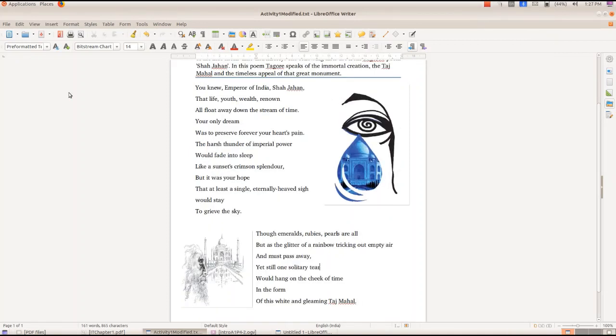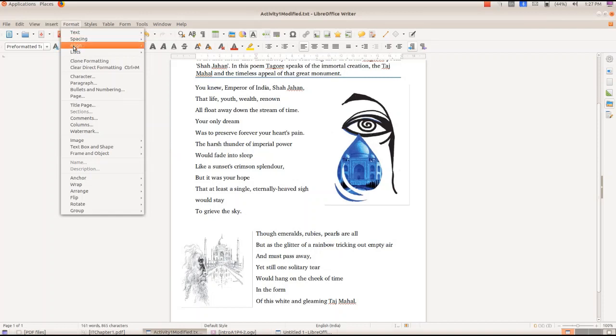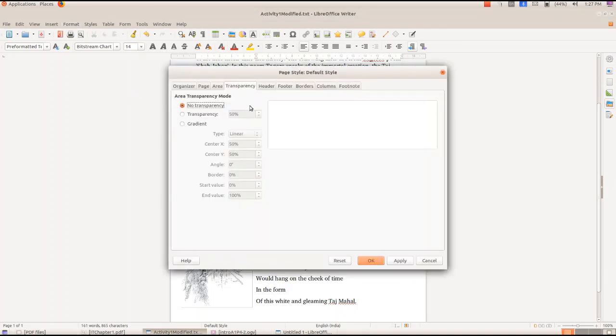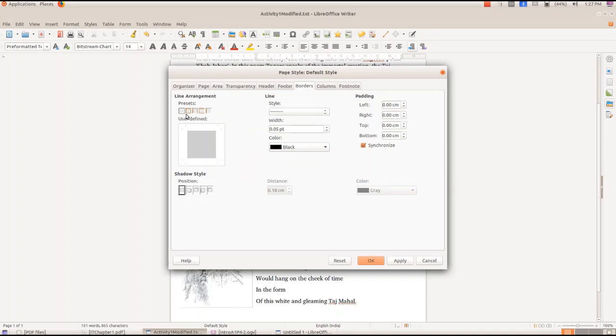Any doubt? Now we will see how we can insert the borders. You know that, isn't it? From Format we have to select Page, and from Page we will select Borders, and we have to select the second option, set all 4 borders,